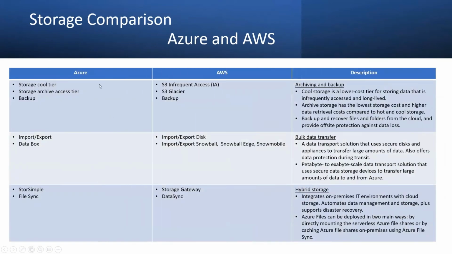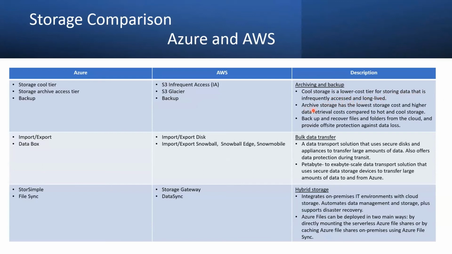So in Azure, let's talk about the archiving and backup offering. Azure has the cool storage tier, the archive access tier, and Backup. In reference to this, AWS has S3 Infrequent Access, which is known as IA, S3 Glacier, and Backup. Let's deep dive. Cool storage is the lowest cost tier for storing data that is infrequently accessed and